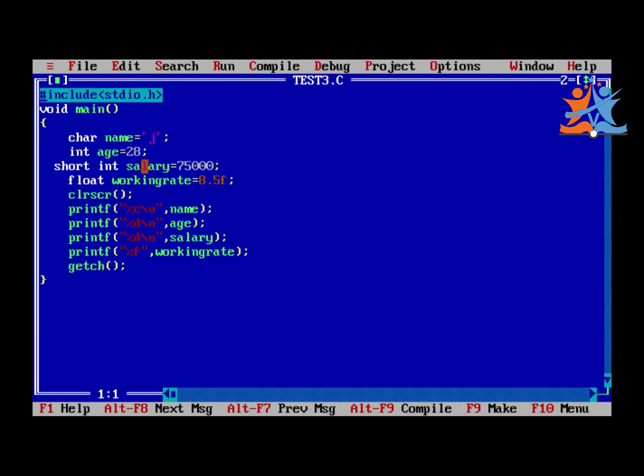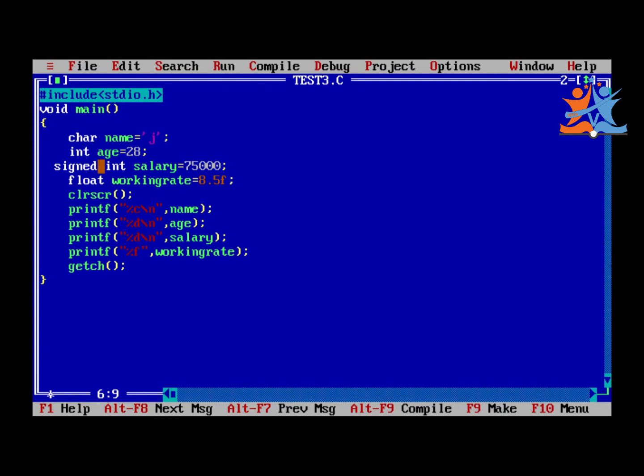If you want to go with a signed int, how can we go with a signed int? We will see. Signed int. What is that?